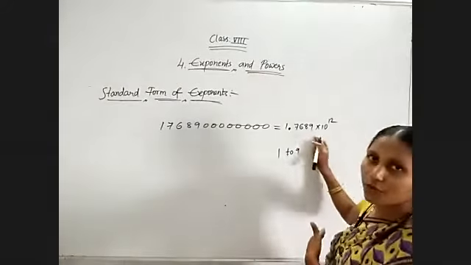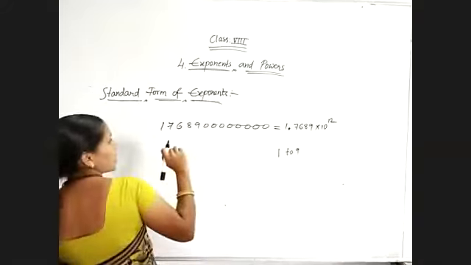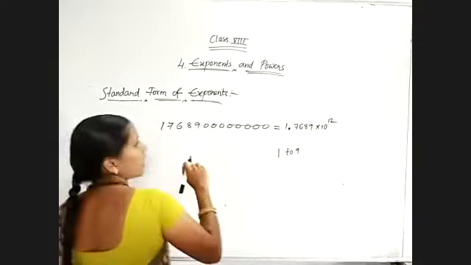If you are getting confused, in this case, what you will do? First of all, write the exponential form of the number. That is 17689 into 10 to the power of 8, with the 8 zeros counted 1, 2, 3, 4, 5, 6, 7, 8. That is the exponential form. Still it is a very lengthy number. To decrease that, I am using the standard form. So in that standard form, 1.7689 is the smaller number into 10 to the power of, here 4 new decimal digits I am adding. So 4 decimal digits are there. 8 plus 4, 12. This is the standard form of the given number.